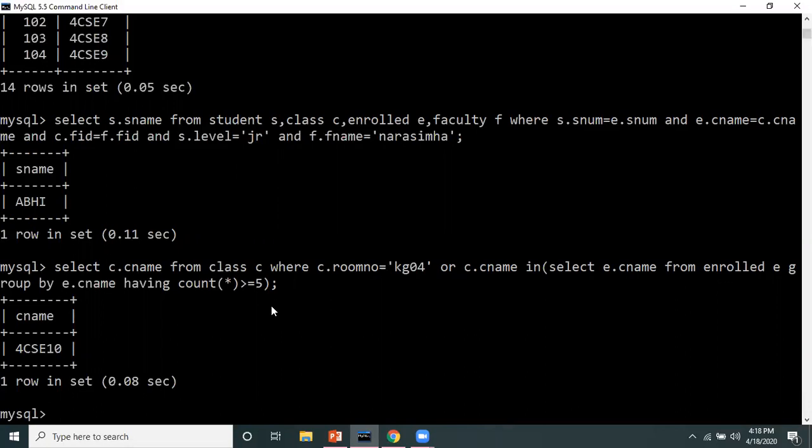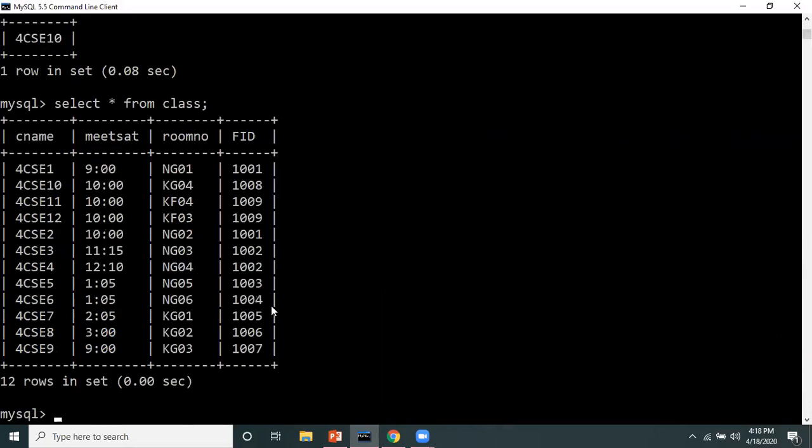Let me do select star from class. So CSC 10 is happening in KG04. So this condition is satisfied, that the class room number is KG04.